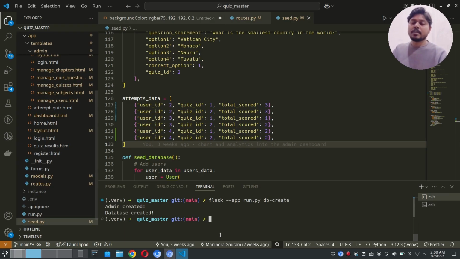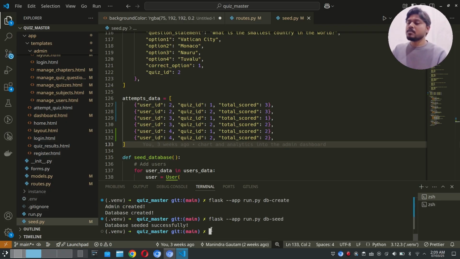It will create the database, and the admin has been created with the ID 1. Now when we run the seed, all the other users will be created starting from user ID 2. So run the seed again after the create,